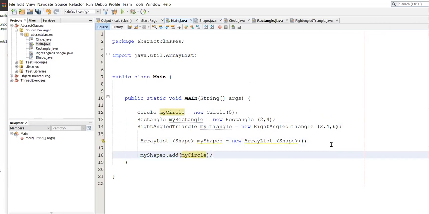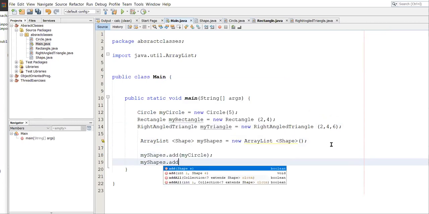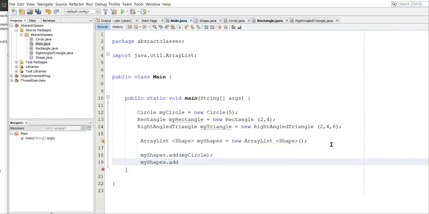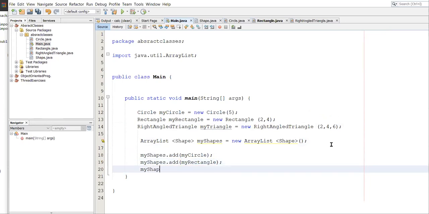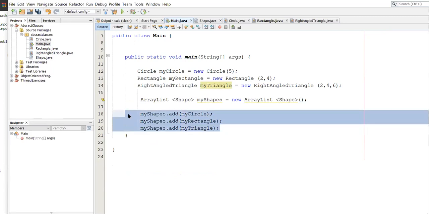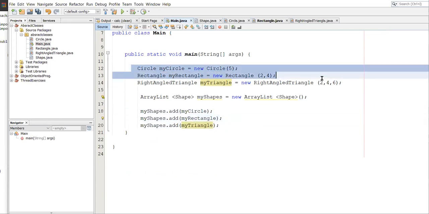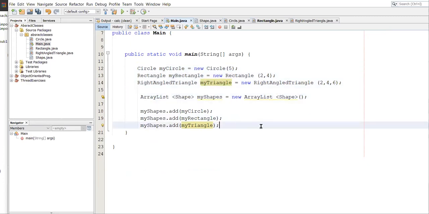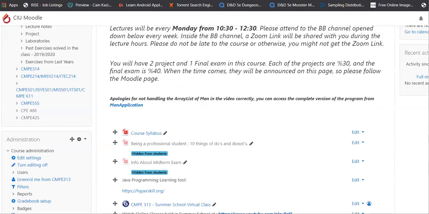So it can be my circle, my shapes, and the next one is my rectangle, my shapes, and my triangle. So each and every one of them is added in here, and you see the shapes are already there. And now, once you have added these shapes, it is possible to do operations on them. It is possible that you can, for example,